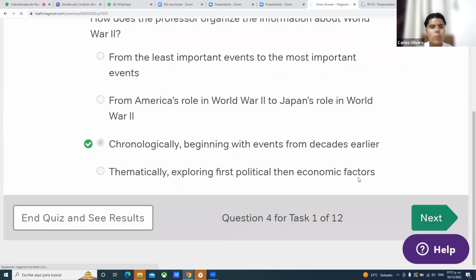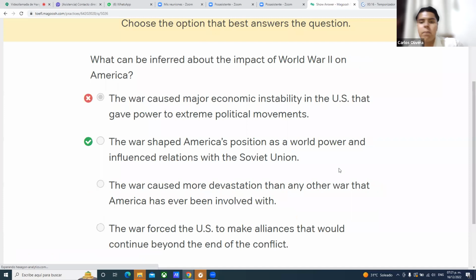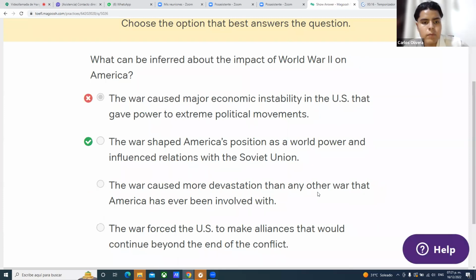This is what the professor said. What can be inferred about the impact of World War II on America? The war shaped America's position as a world power and influenced relations with the Soviet Union. You can infer this, you know why, dear students, because there's a particular part in the lecture when the professor says both countries, America and the Soviet Union, came out as superpowers after World War II ended. So because of this sentence, you can infer, okay, how does this affect